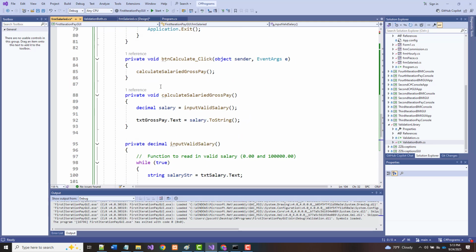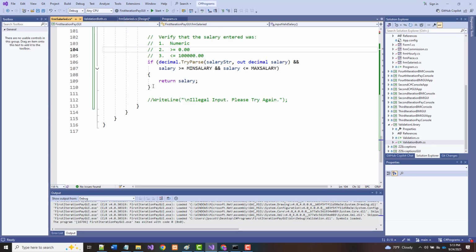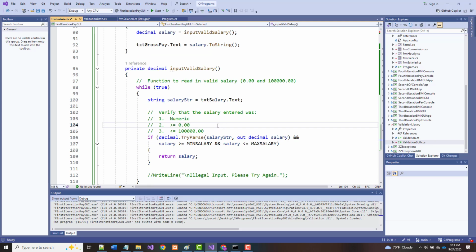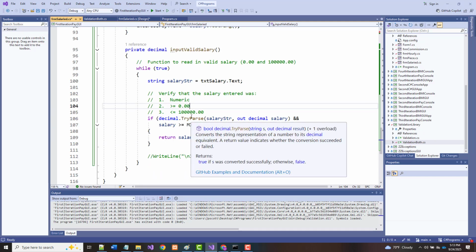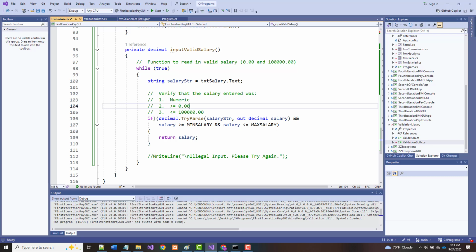Okay, that should fix that error. All right, so while true, we're going to try to parse this salary string and put it into salary. If we can do it, we'll return it. Otherwise,